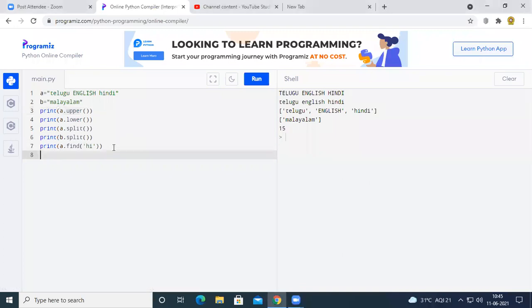And then let us see one more thing. Here, what I want to do is take one more variable, c equal to a dot replace, English, comma Malayalam. And if I print c, and run the code,